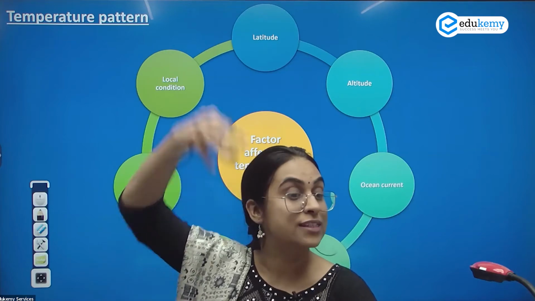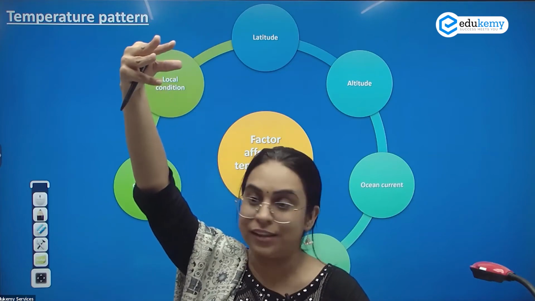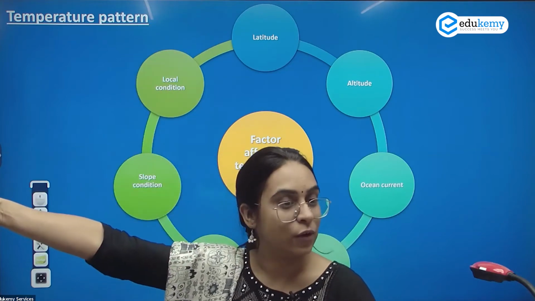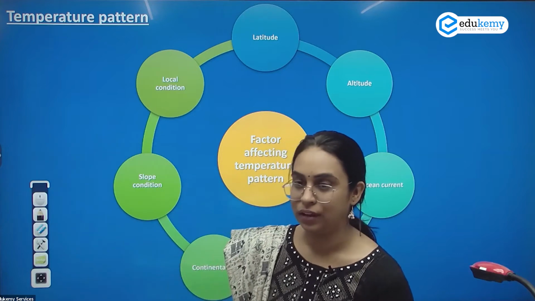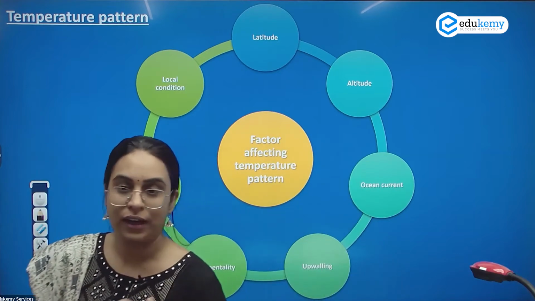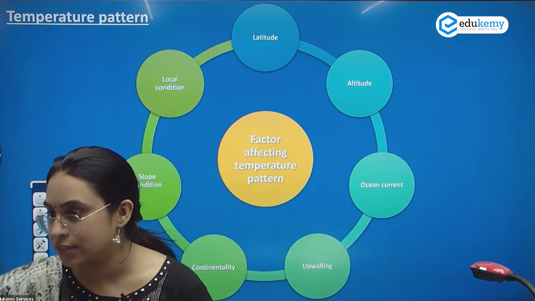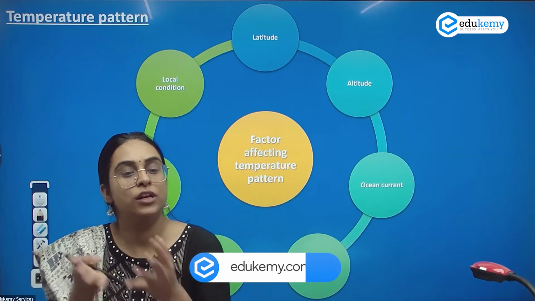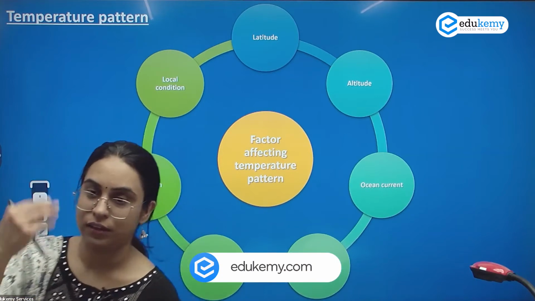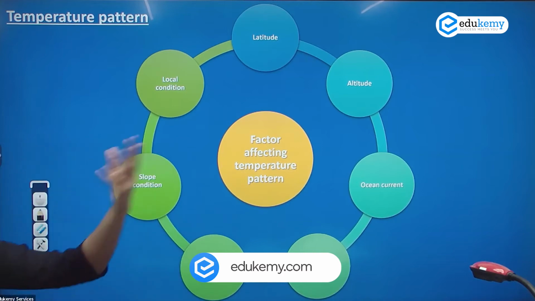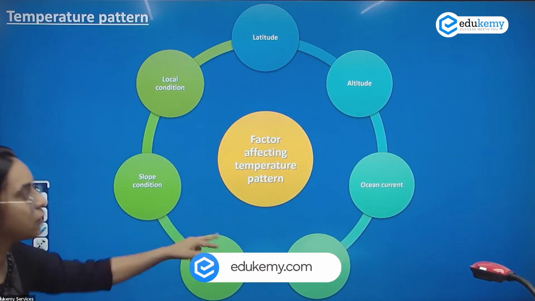And therefore, during summers, it gets very, very hot, whereas in the winters, it gets very, very cold. But in Chennai, the winters are not as severe and the summers are also not as severe. Why? Because Chennai is nearer to the water, whereas the northern part of the country is away from the ocean. So this is called continentality.